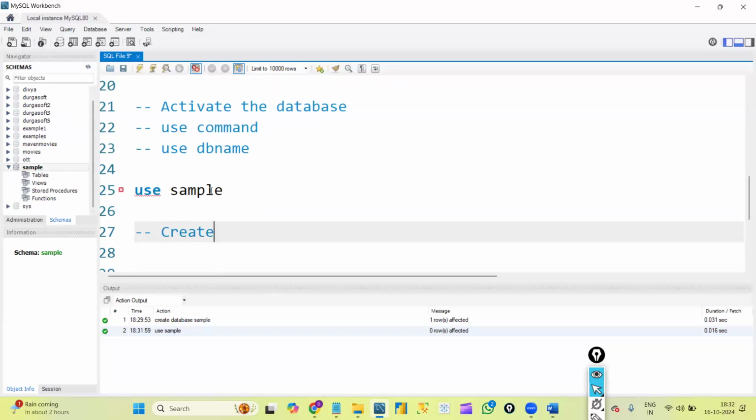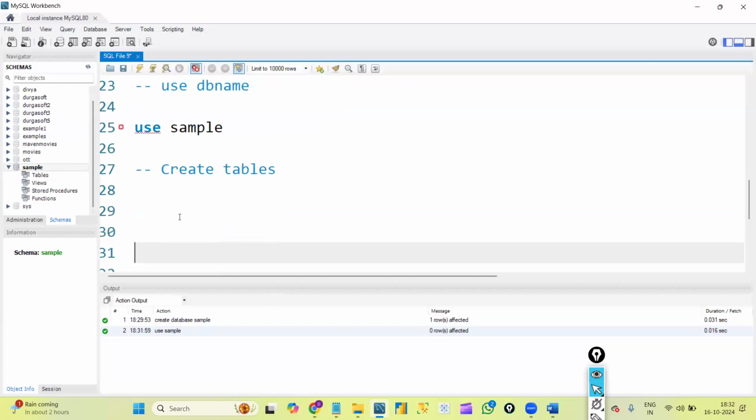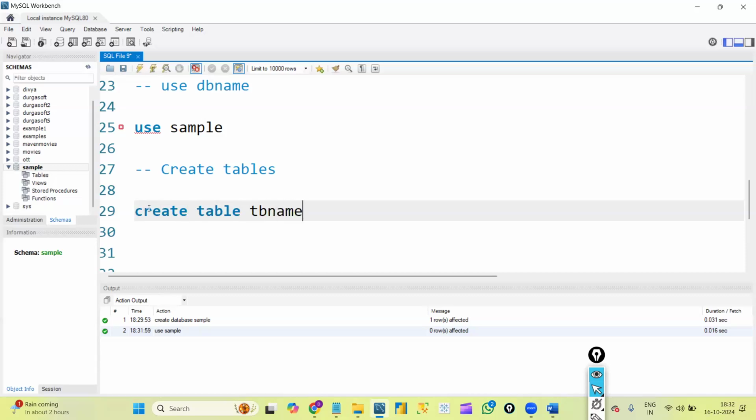So we created the database, we activated the database. The next step is to create the tables, correct? Now let's see how to create the tables. As you already belong to this field and are already working, you might know the syntaxes, but again let me explain. So how to create the table syntax? Obviously, create table, table name, right? After the table name we need to use parentheses, and inside the parentheses we need to give